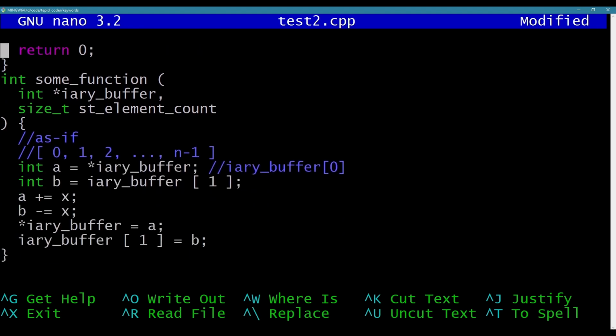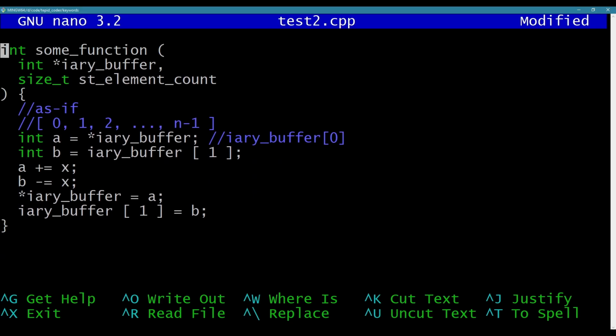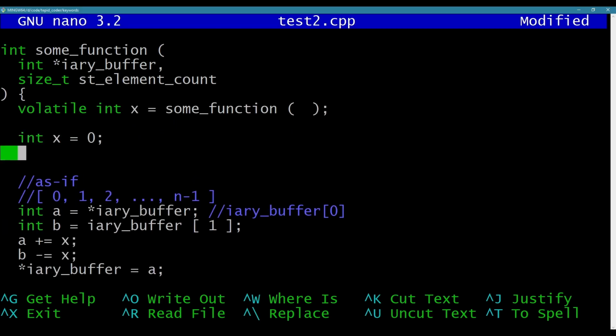Anyway, there's kind of a vague situation where it might matter, but I can also show an example of how the compiler might reorder things, just in general. Let's say I have int x equals 0, and I have for, I'm going to say int i equals 0, i less than 10, i plus plus, and inside the loop you say